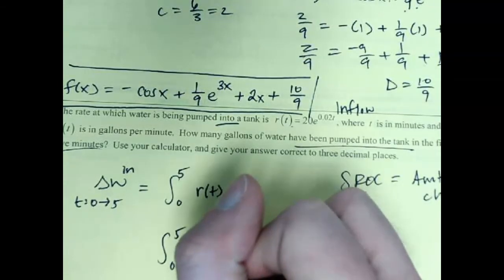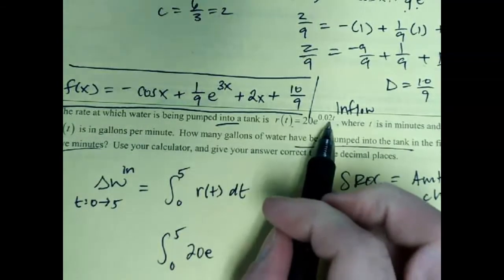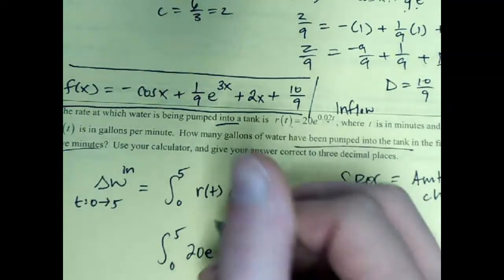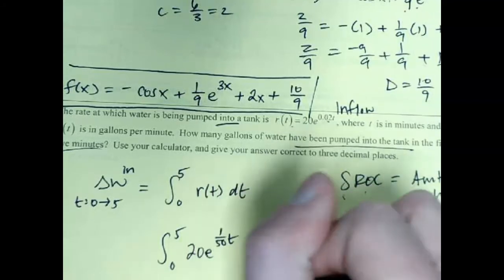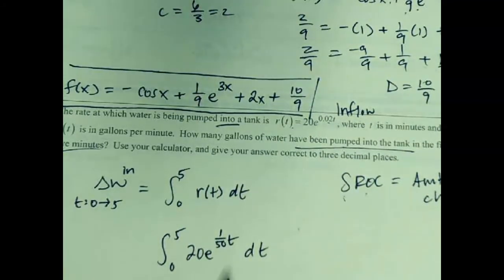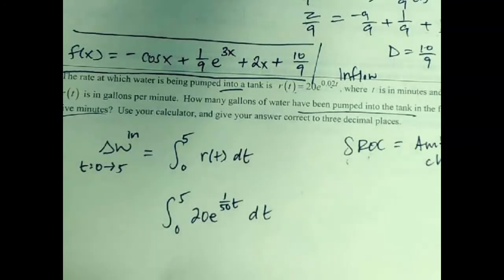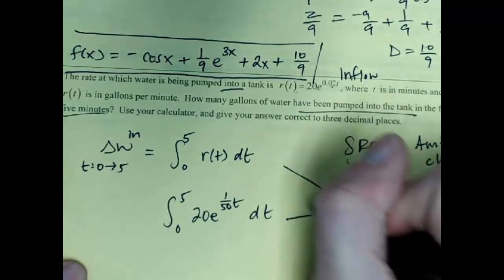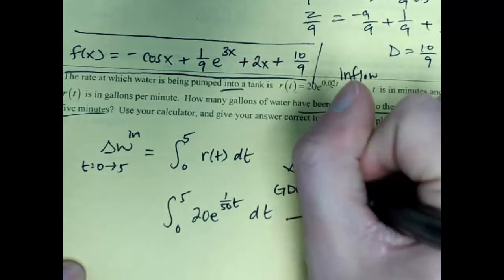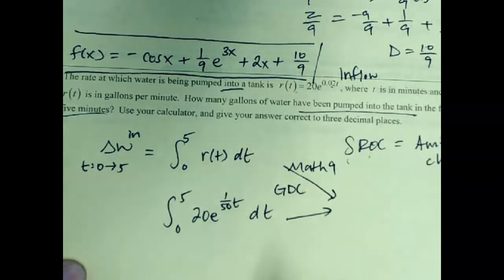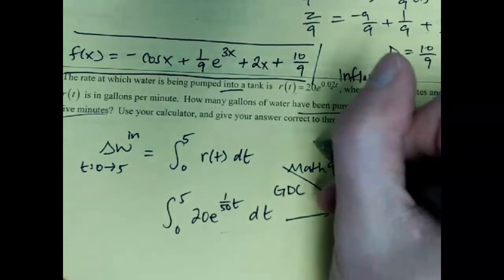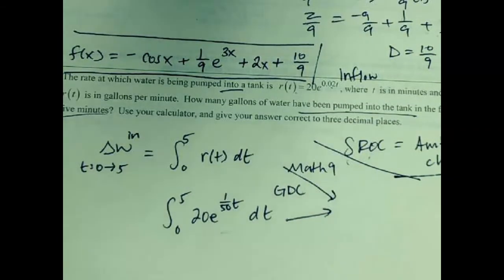So you have 20 e. Let's see, that would be 2 over 100, so that would be 1 over 50 t. We could do something like that by hand. It would kick out a 50 because of the u substitution. But either way, I think we would use the graphing data calculator and we would just use the Math 9 feature. Could we do it by hand? Yes. If push came to shove, yes, we could do it by hand, but we're going to Math 9 it,